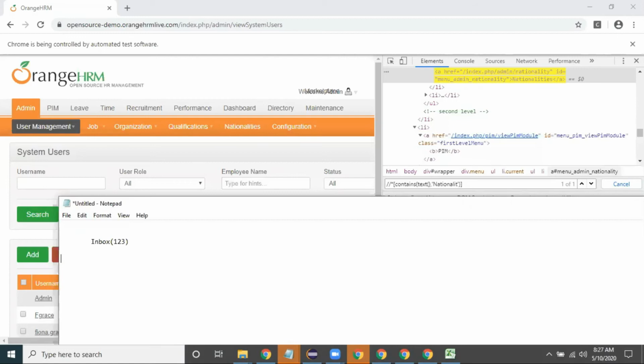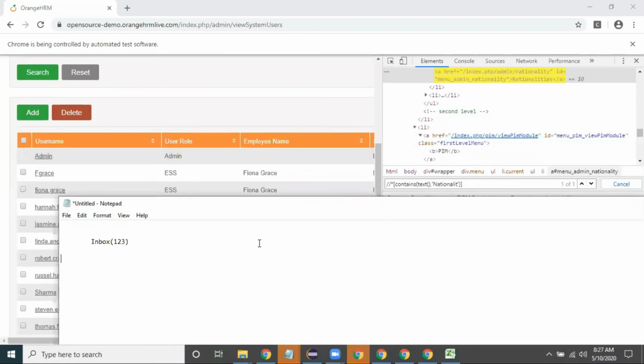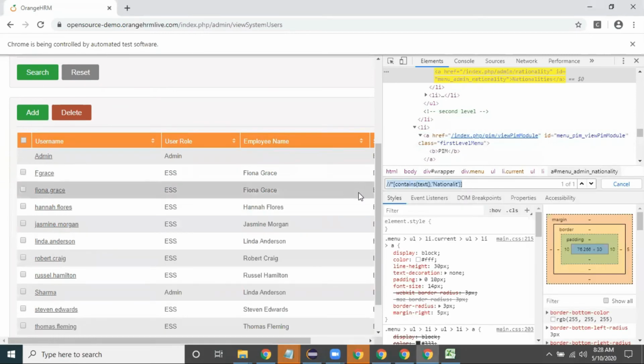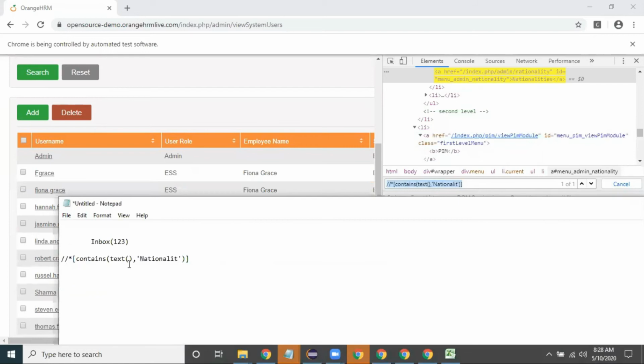If it is a hyperlink only, we are writing partial link text, driver dot find element by link text. If that is not a hyperlink, the tag name does not start with a, and it is some other web element other than hyperlink, and that particular web element text is dynamically changing, then what is the alternative? In that case we need to use this one only. If the web element is not a hyperlink, then we need to take this one.